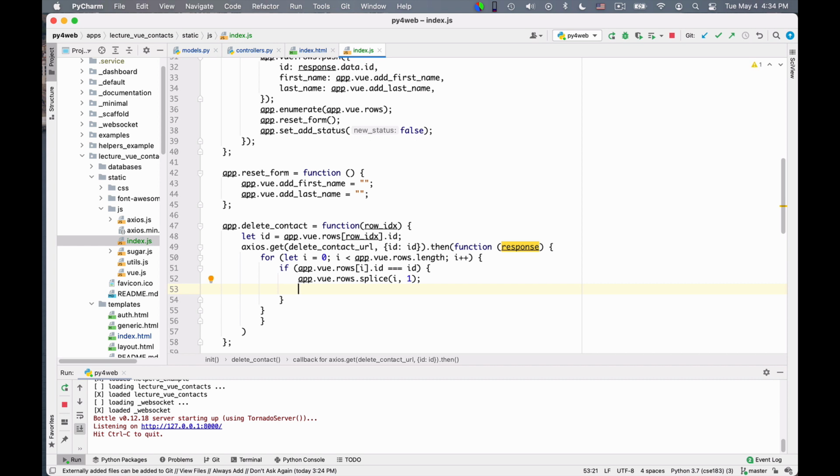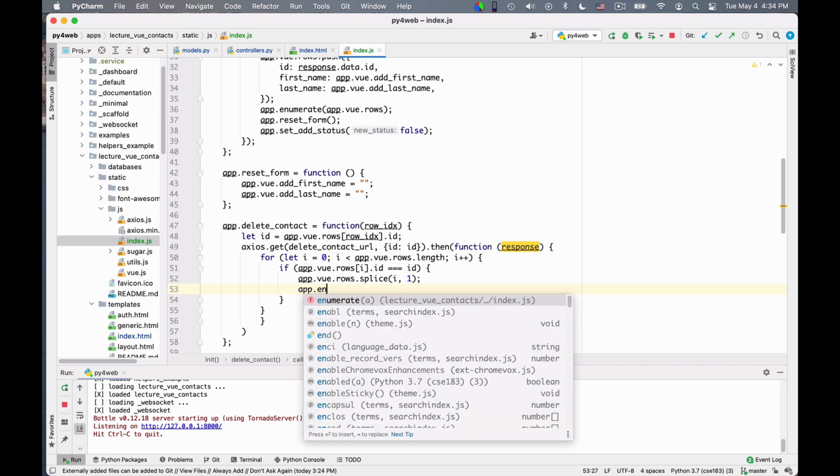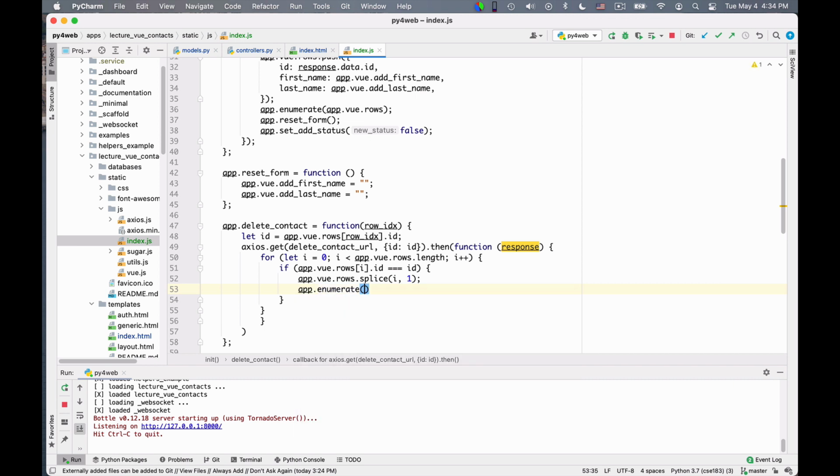Okay, so I splice it, I re-enumerate the rows, app.enumerate(app.vue.rows). So every time I change the rows I need to re-enumerate them. Okay, I did it here and I'm doing it here as well, and break because I don't need to do anything else in the loop. Okay, so this is the code, and it is slightly, you know, ugly indented, but it's correct.